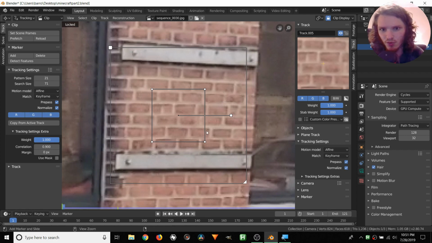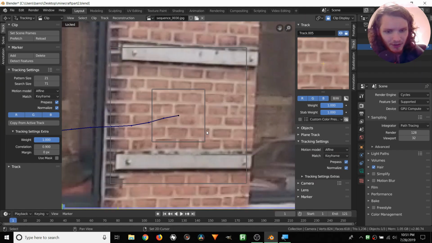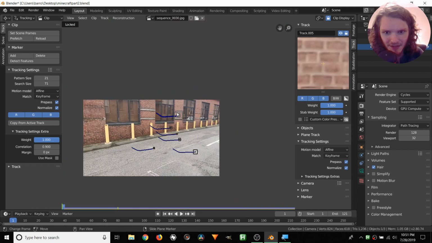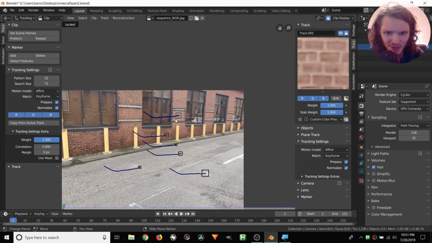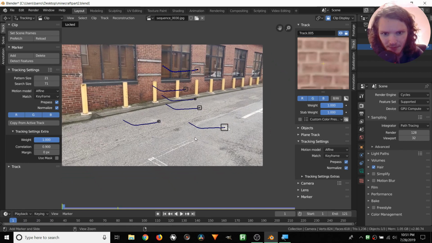So let's try Control T. And this isn't taking that long at all. I don't know what I was talking about. I mean, when you zoom out, it really puts it in perspective how not big that was. So right now we have 6 trackers that last throughout the whole shot. And ideally, all our trackers do that, but we'll see.